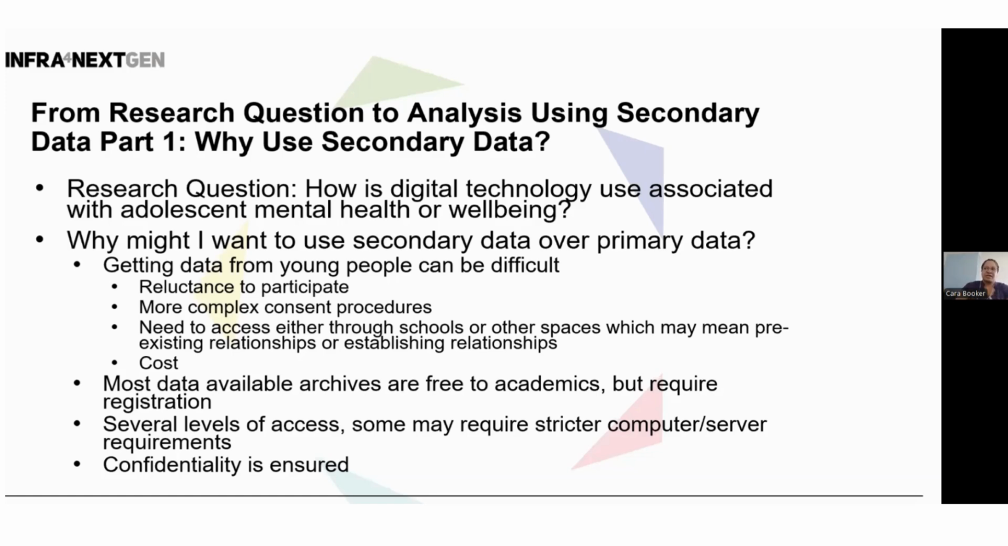Most data available in archives are free to academics. They do require a registration, but once you get in there, you're able to go in quite quickly and download the data that you need. Most archives also have several levels of access. So different levels may require stricter computer or secure server requirements. So most access is end user license, and that gives you all data that is